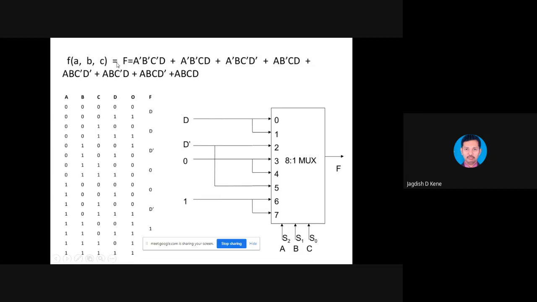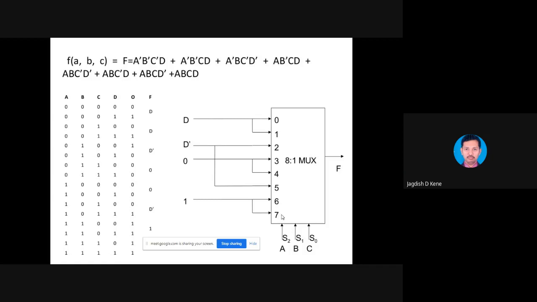But here the combinations are 16. Given combinations are 16, but available input ports are 8. So after completing 8 from 0 to 7, again you can restart. So 0 is analogous to 8, 1 is analogous to 9, and so on up to 15.